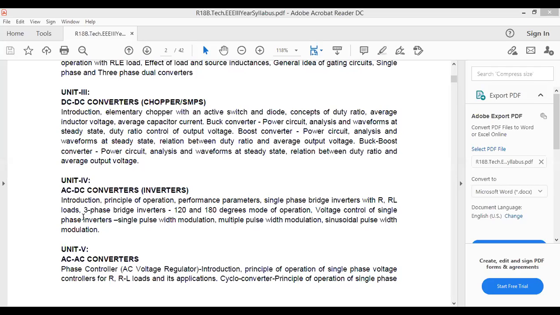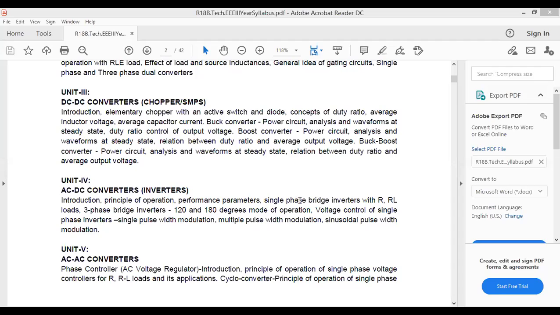We have taken the animation as well as the complete circuit explanation with the graphs. So single phase bridge inverters, in today's class we take the problem and derivation. The single phase bridge inverters provide a modified sine wave. So what is this modified sine wave? Modified sine wave is approximately equal to the pure sine wave. With the help of a modified sine wave also we can turn on a bulb or a motor.